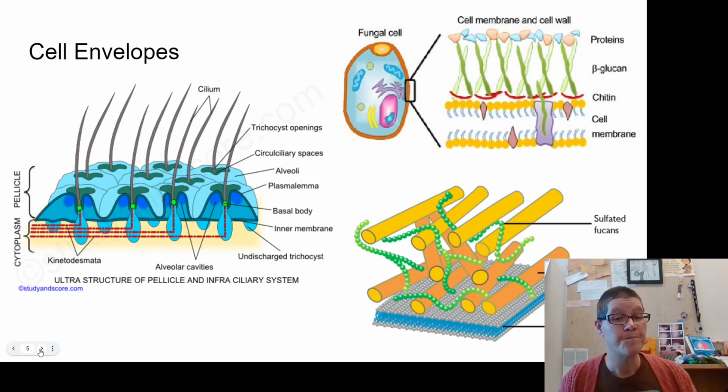All right, so now our protists are technically animals, and animals don't have a cell wall. So far, everything we've talked about pretty much has had a cell wall. Bacteria have a peptidoglycan cell wall. Archaea have a cell wall made of S protein. But protists don't have a cell wall at all. They have a cell membrane, so here you can see the membrane, and a membrane called a plasmalemma.